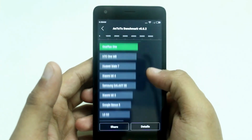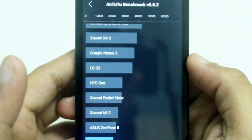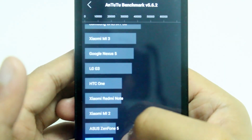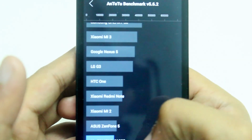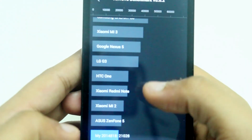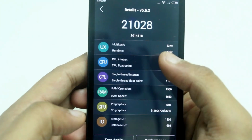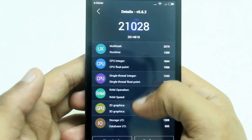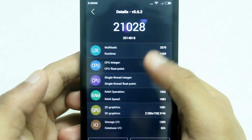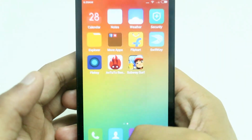Because Redmi 2 is obviously a budget phone and they're giving you decent specs. Agreed that Xiaomi is giving decent specs at such a low price tag, but this does not mean that we'll go comparing the Xiaomi Redmi 2 with high-end devices like Note 4, Nexus 5, Mi 3, Mi 4. And as we can clearly see, we get the result as 21,028, which is way better, more than the expectation I had of the Antutu benchmarks. So I think it's quite an improvement for the extra amount that you're paying for the Redmi 2 rather than